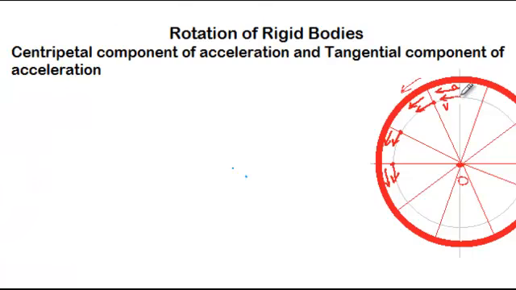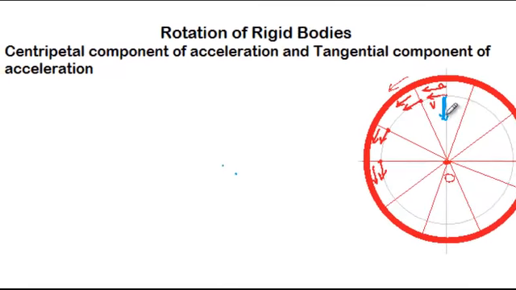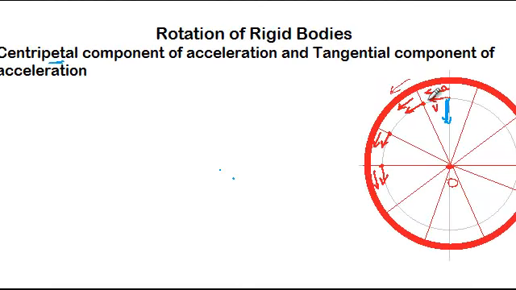Now you might be wondering that we've been talking only of the tangential component of acceleration. But what about the centripetal acceleration? Why have we not talked about it? Yes, this other component of acceleration, which is a radial component, which acts along the radius towards the center of the circle, will also exist. Because when this body rotates, each particle is in circular motion. This acceleration, the centripetal acceleration, is associated with a change in direction of the particle's velocity.